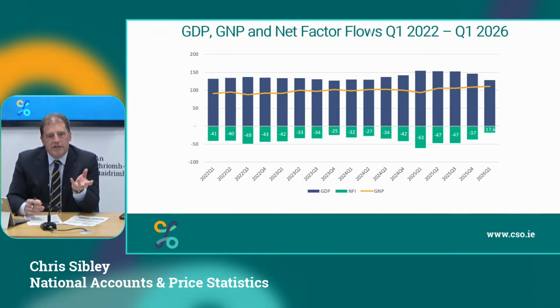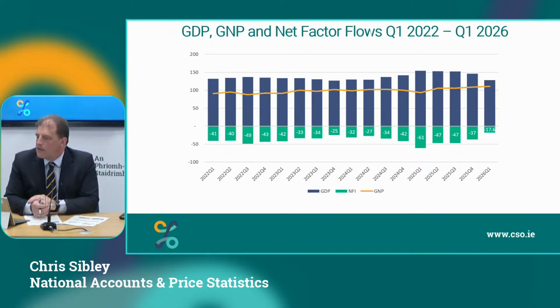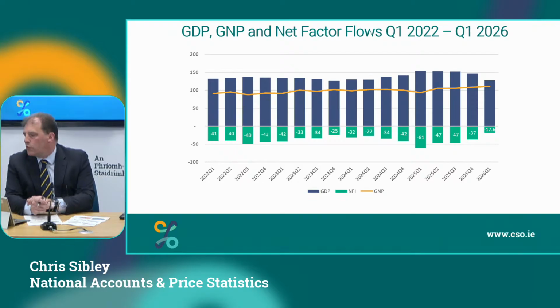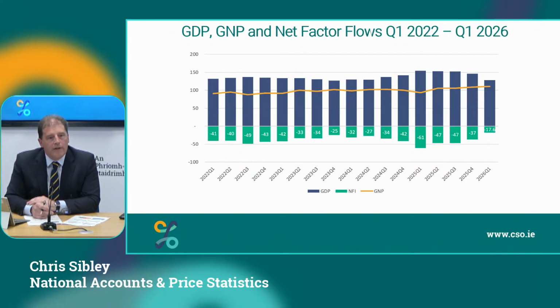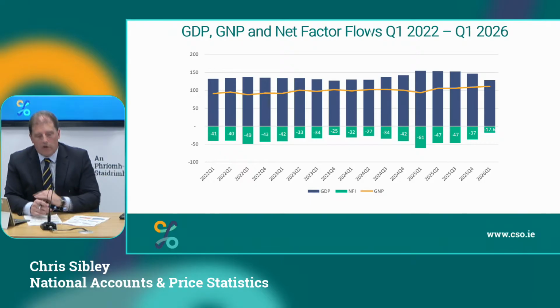To get the transition then from GDP down to the net measure product, we bring in the net factor flows. So what's important to look at here today is you've really quite low profit outflows of 17.6 billion quarter on quarter. That's in constant prices, seasonally adjusted. So that relates to the fall in industry. So we see a fall in output in industry and then a fall in their profits going out. So it leaves GNP largely unchanged. It's up 1.5%, but that's the equivalent to the fall in the production. We also see a fall in profits.